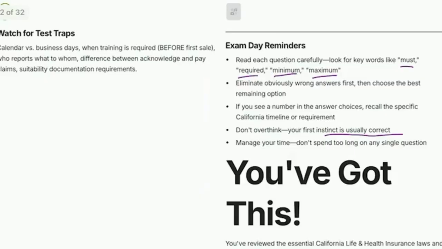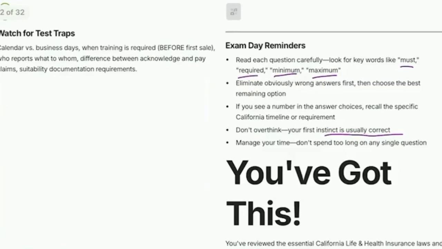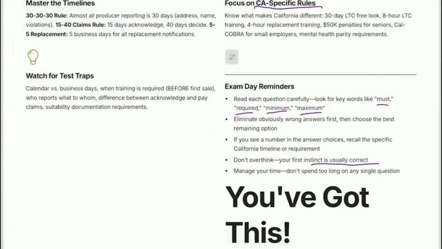All right, moving on to some federal laws in relation to life and health. I'm not going to go over these in too much detail because you will learn about these in your health sections. But what we will talk about is where California plays its role in regards to these and